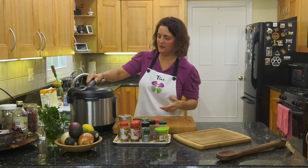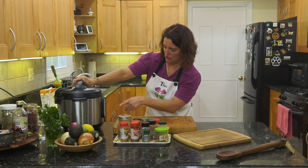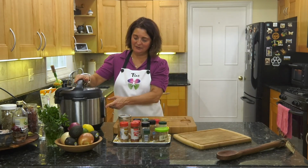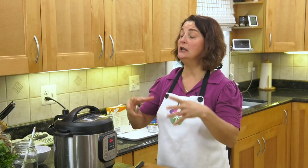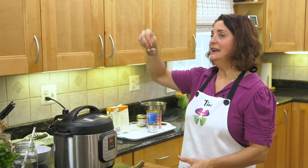We add a can of coconut milk at the end and we serve it with a whole bunch of wonderful things, but we'll do that as soon as this is cooked. For now, this is going to cook for 18 minutes. Just a little reminder when it comes to Instant Pot: the cook time is 18 minutes, but it still takes time to come up to pressure. If I had frozen chicken in here, it'll take longer to come up to pressure. If it's right from the refrigerator, it'll take a little less time. So time to come up to pressure, the 18 minutes of cook, and then